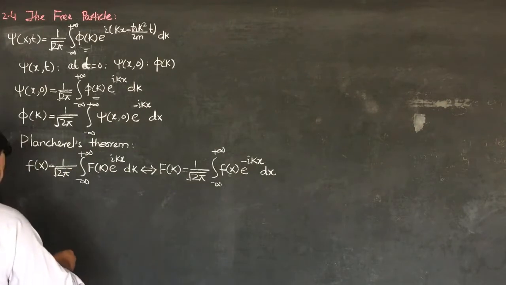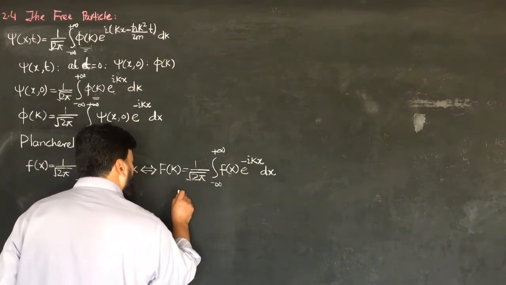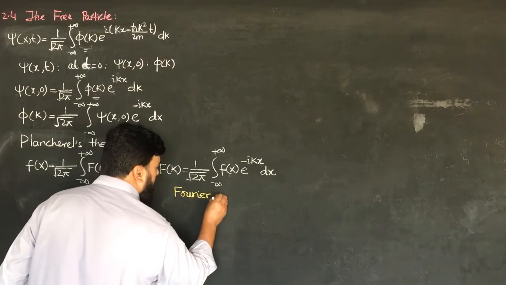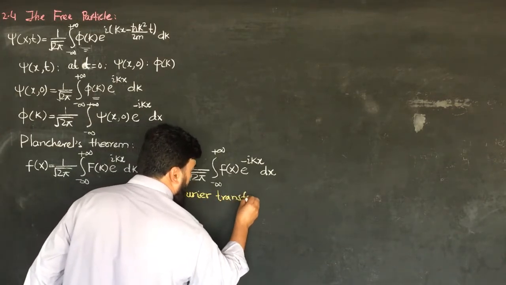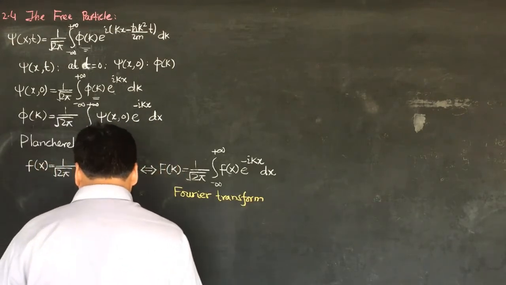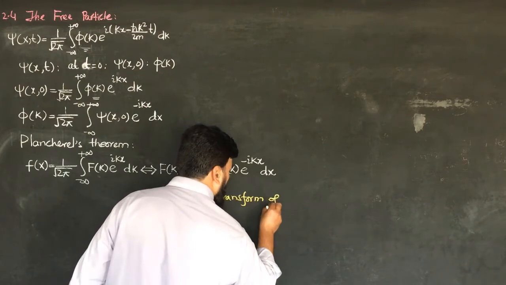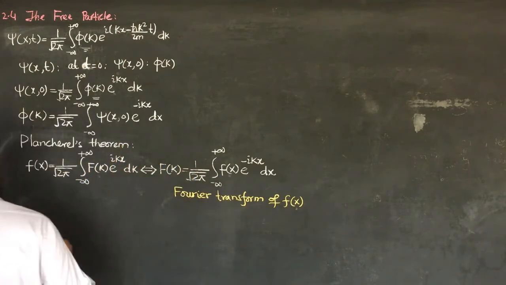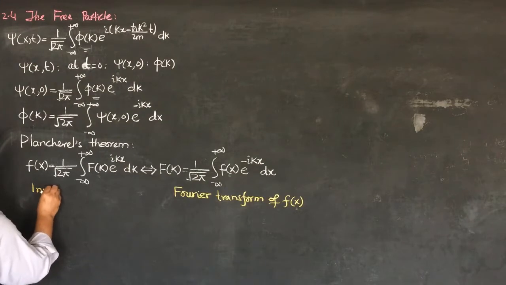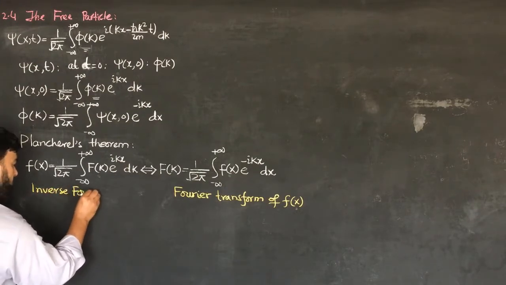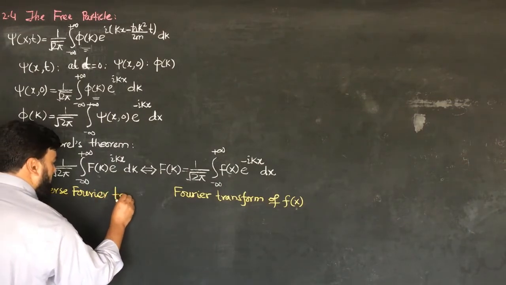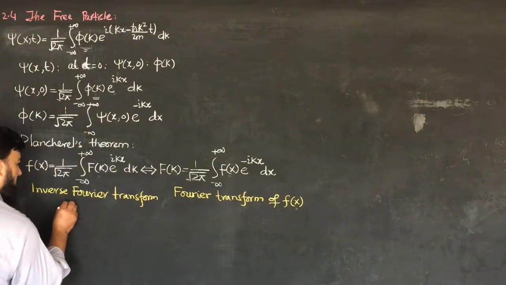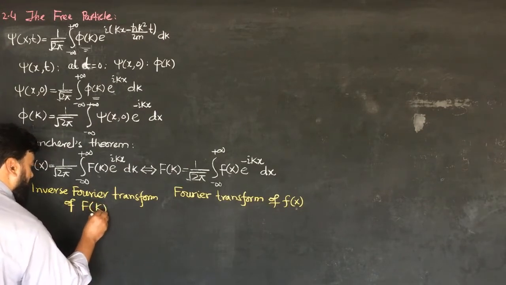So this we call the Fourier transform. This is the Fourier transformation of f(x), meaning moving f(x) to F(k), and this one is called the inverse Fourier transform. The inverse Fourier transform of F(k),